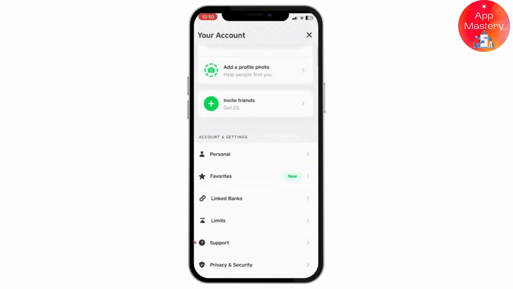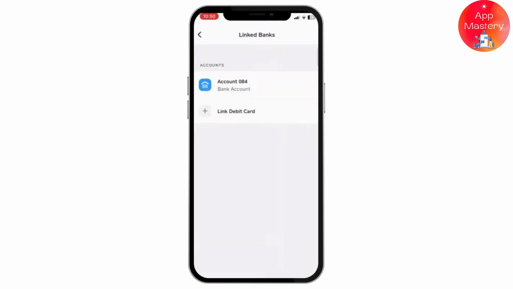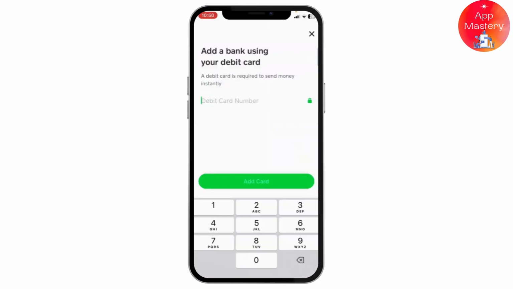Once you tap on your profile icon, there you'll be able to find your account. And from your account section, all you have to do is scroll down a bit until you find linked banks. Tap on linked banks, and if you've already linked any banks, it will be visible right here. But if you want to add a new bank or add a new card, tap on link debit card, then